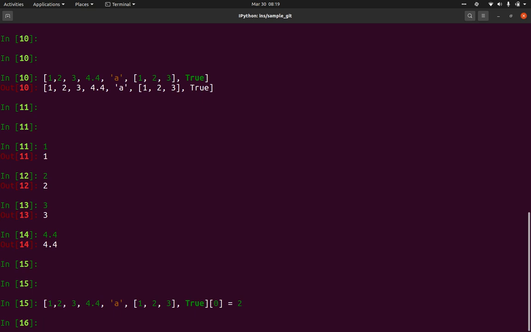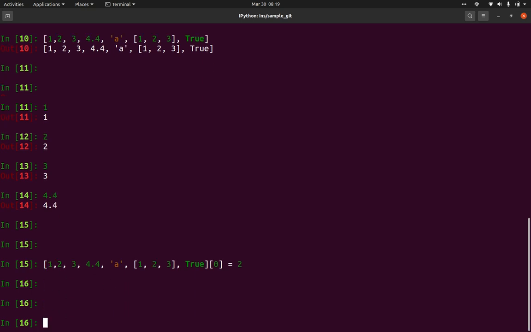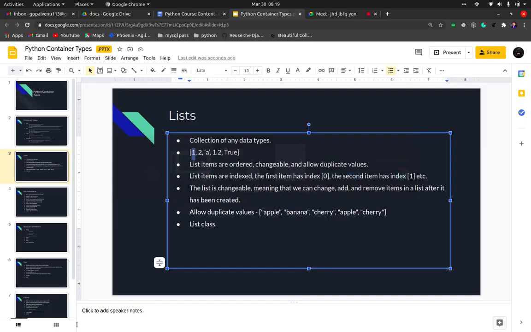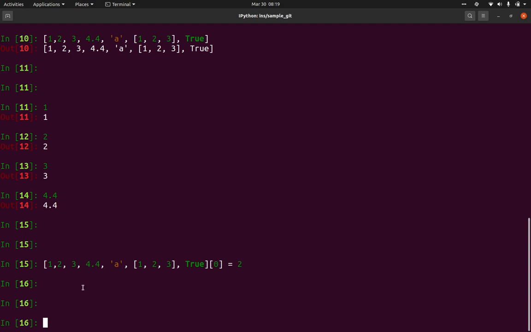Sorry, we are not storing it anywhere, but ideally this value will come in this particular place. Okay, we'll see how it works. We'll have to define some variables before that. Basically these are mutable, and it will also allow duplicate values. Okay, you don't have to give unique values, you can give duplicate values as well, right?